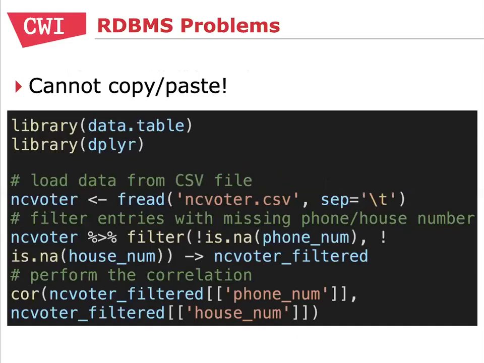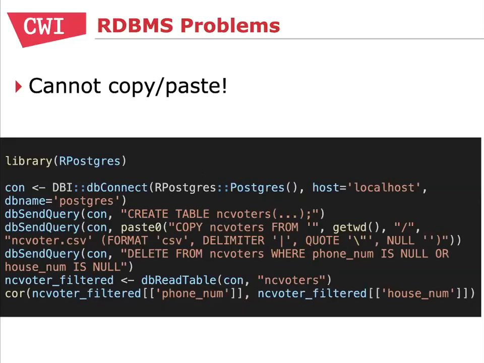Yeah, so the copy-paste thing is also crucial for the learning process, because often, especially if you're beginning to do these data science workflows, you'll find some code from the internet that you just want to run. And in R and Python, it's interpreted. The nice thing is usually you can just copy paste it in your terminal, right? But not if the code relies on an external state like a database server. So if we have this dplyr code, we can just copy paste this. But code that relies on a database server running, you can't. And that complicates things quite significantly for the user, especially for novices, for people that are just getting started.